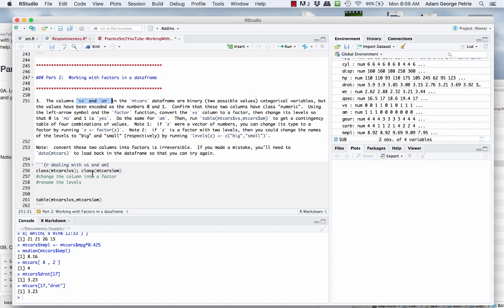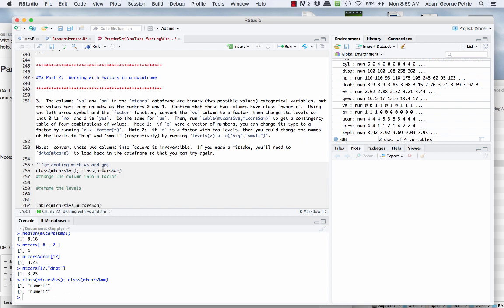So what we're going to do is verify that right now they're both numeric, and we're going to use the factor function to convert these columns into categorical variables, to convert the values into a factor. To change something into a factor, we just use the factor function. We're going to take the values in the VS column, these are the zeros and ones that we want to make a factor, and just say